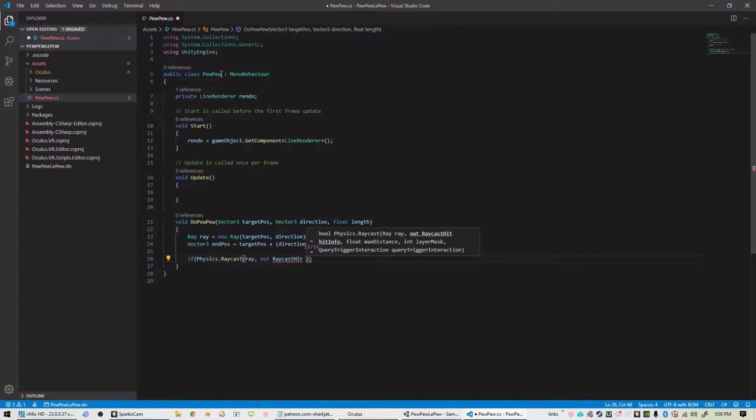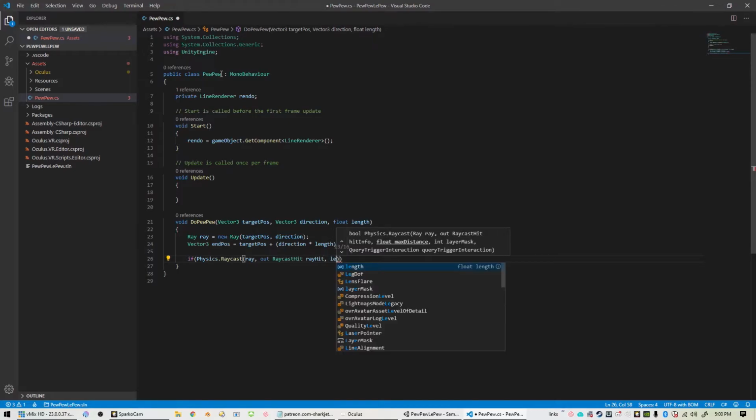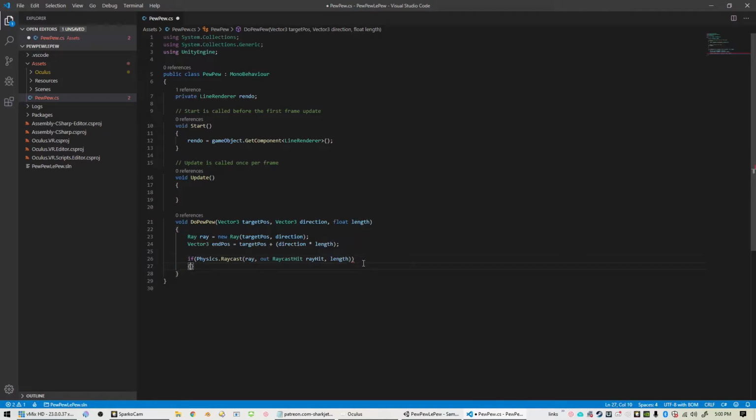So we'll call that rayHit. And then, of course, we need to know the length. So if we hit something with our ray in this distance, then we're going to handle it in this if